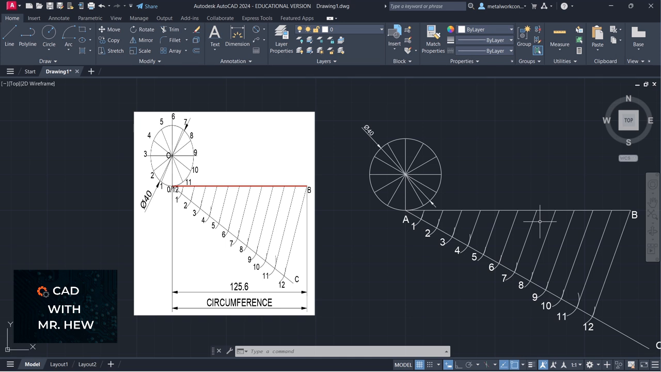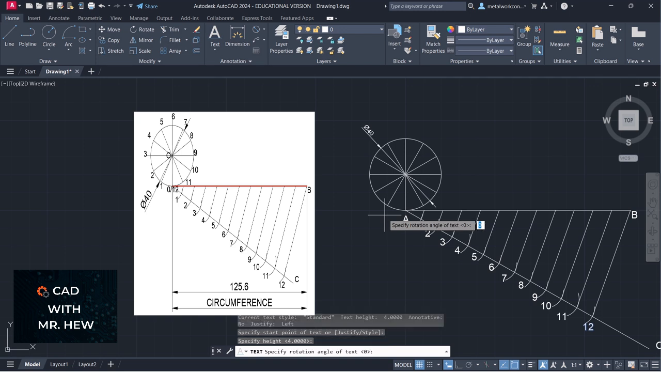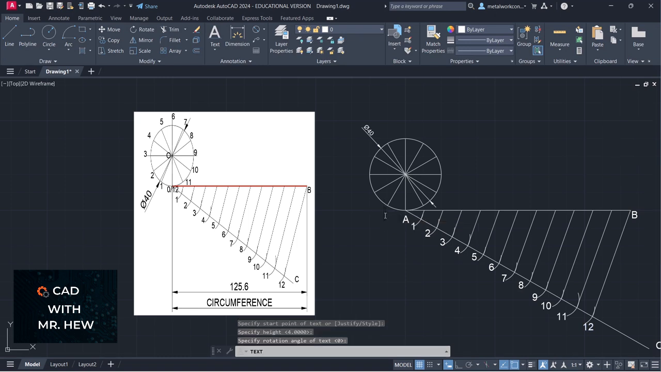Now, what we can do, we can actually label the points on the circle so that you can follow, all right? So we're going to go single line text. This point would be O, where A is, all right? So this point, I'm going to select here as a starting point. So the height would be 4, rotational angle would be 0, and this would be 1,